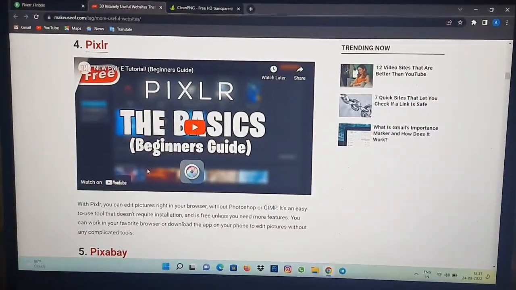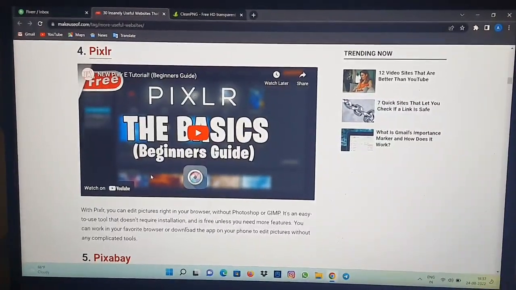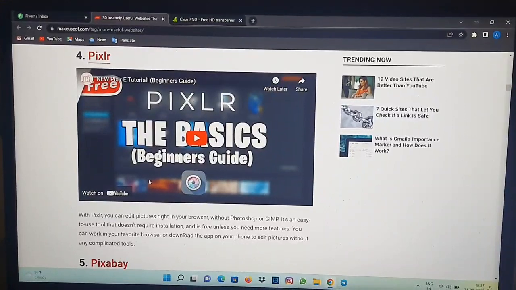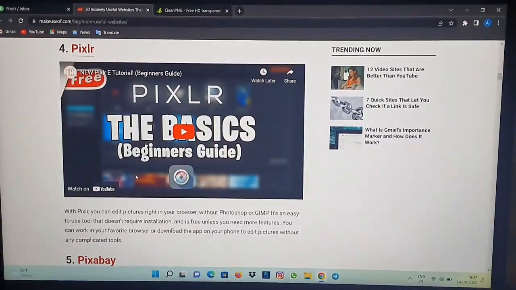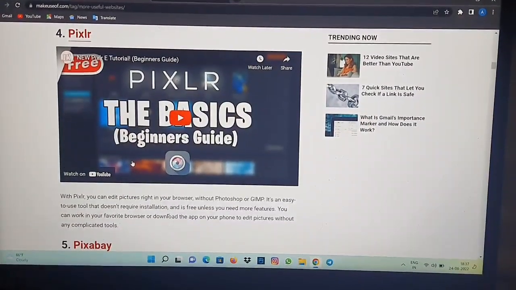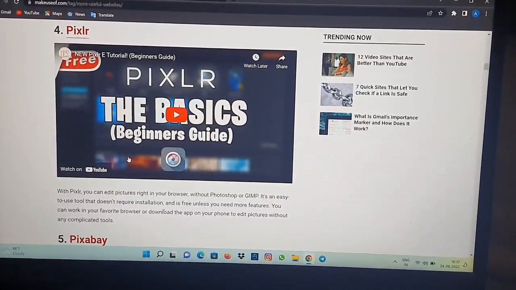Today I'm going to show you a website. The name of the website is Pixlr, and with Pixlr you can edit pictures right in your browser without Photoshop or GIMP. It is an easy to use tool that doesn't require installation, and it is free unless you need more